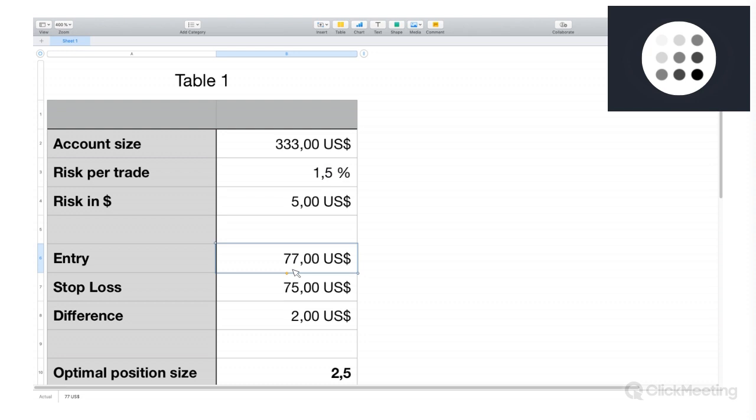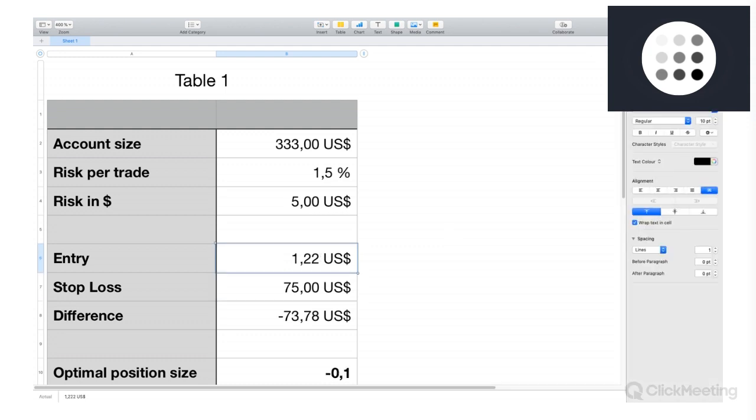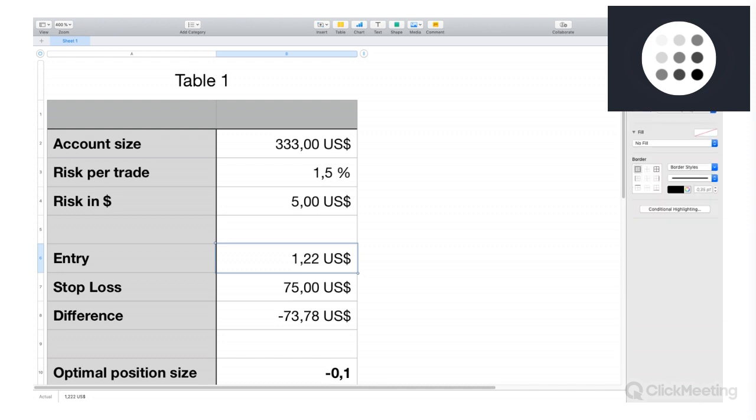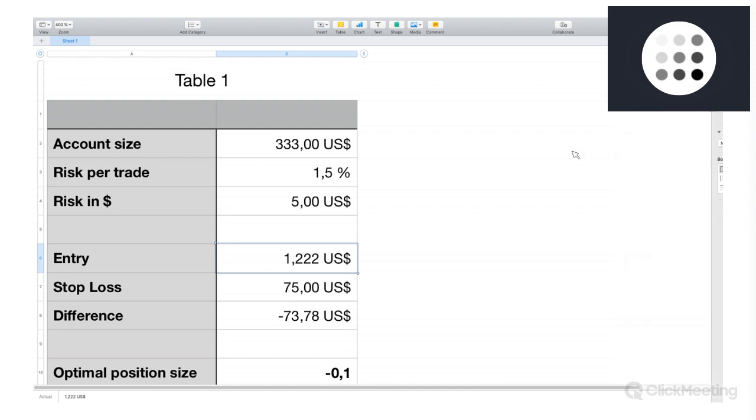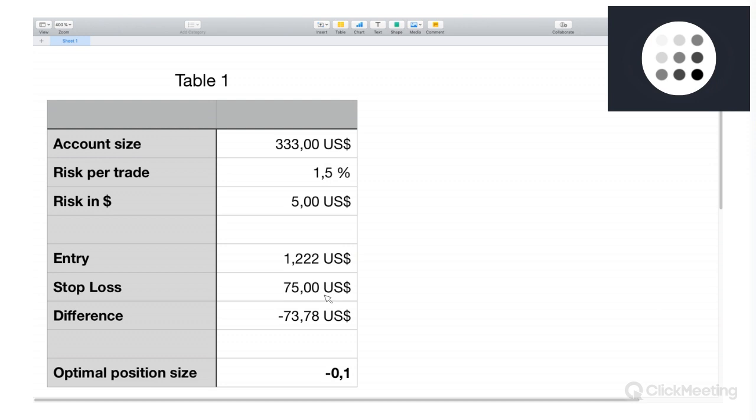Now, maybe you can give me here a number for entry level. So maybe you have some currency pairs in mind or a commodity, stocks, whatever. Just give me a number for the entry level. Yes, okay. 1.20. Oh, yeah, you have seen it because, let me change this so that you can clearly see I have typed in